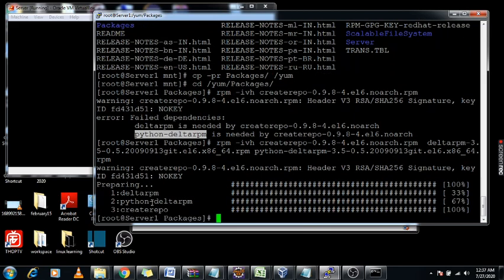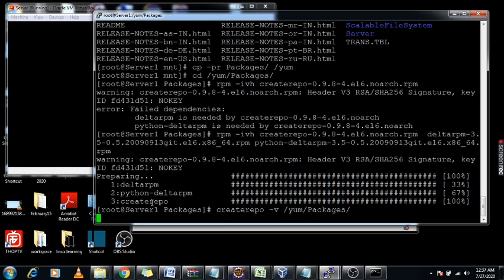Now this createrepo is installed on my server. Using createrepo, -v is used for verbose, so that means the output reflects what's going on inside the server. Using createrepo -v you need to mention the path, /yum/packages. This is the path.